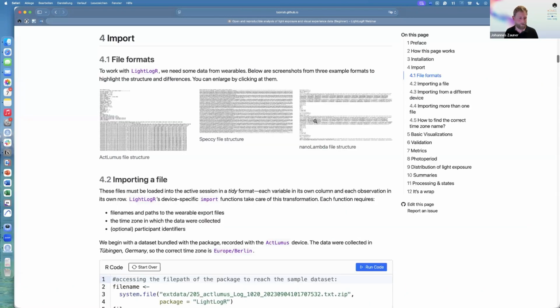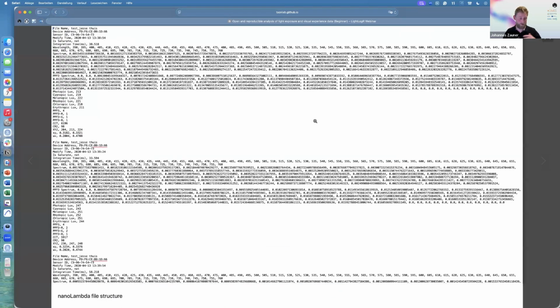Yet another file is from a device from NanoLambda, which works very much differently. So every 24 or 25 lines or so, a new observation starts. So everything from here until here is one observation,